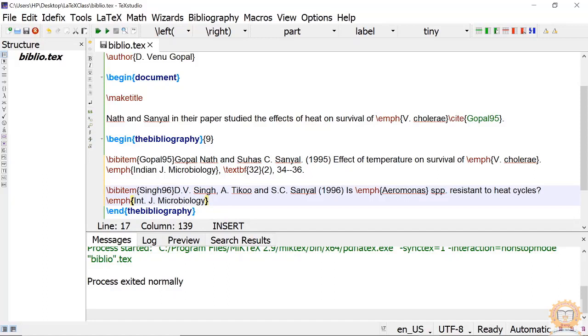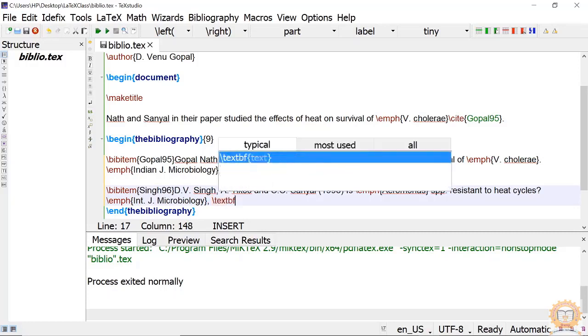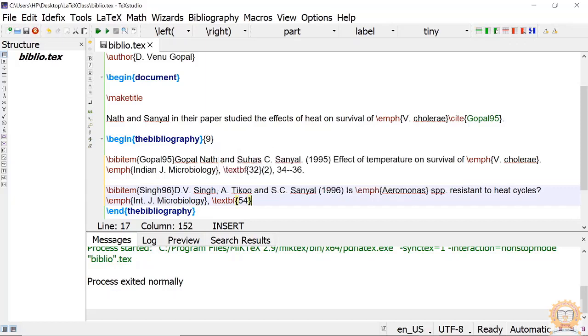Then the text, PDF. Then the fourth volume. Now we have two. Suppose we can write a separate line.